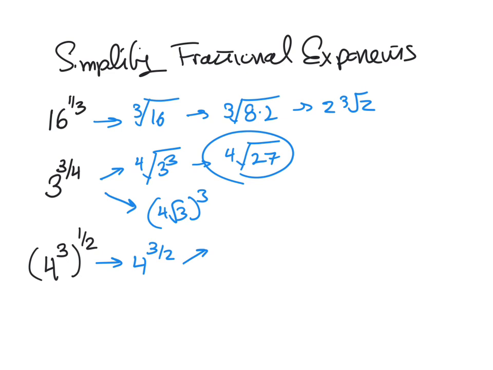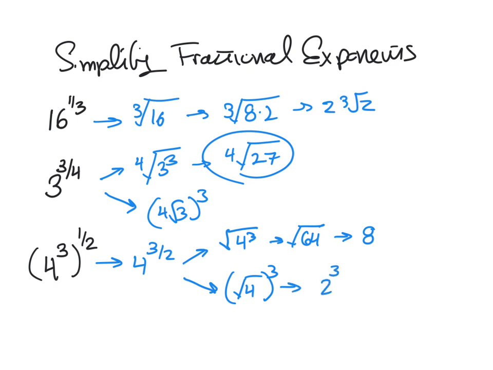The square root of 4 cubed, which is the square root of 64, and the square root of 64 is 8. So that's nice. The alternative approach would be to say that this is the square root of 4 raised to the 3rd power, which becomes, well, the square root of 4 is 2, and that's cubed,